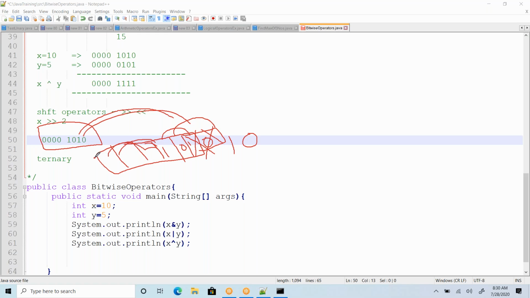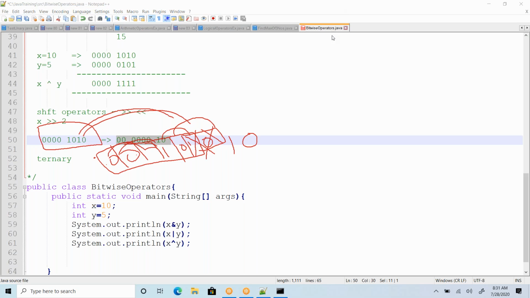And the last 2 bits are going to be empty because these bits are shifting in the right direction. So whatever becomes empty, we'll fill up with zeros. So what will happen? This number becomes 0 0. These are extra 2 zeros I am filling in. The 4 zeros will be as they are, and 1 0. The remaining last 1 0 bits we are going to lose. So this is the result.